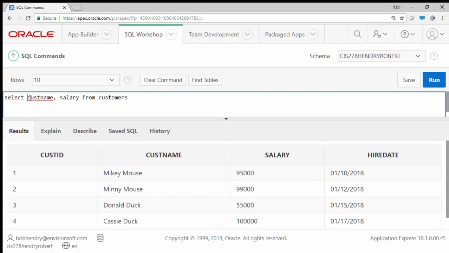Everything between the select and the from is a list of columns that I want to get from the customers table. Here we're just getting it from one table. You can select from multiple tables, but we don't have multiple tables yet. We'll do that when we do some intermediate SQL. Remember, the title for this is Introduction to SQL. But if I click on Run,